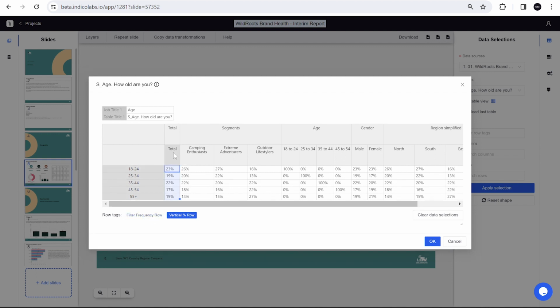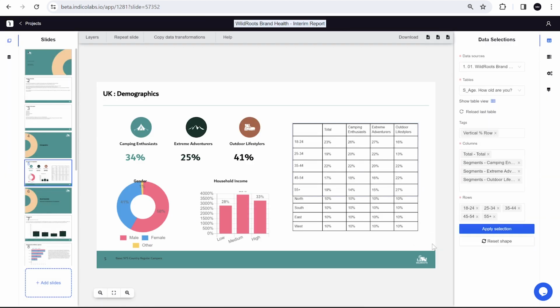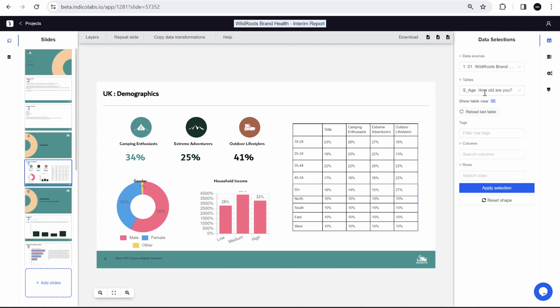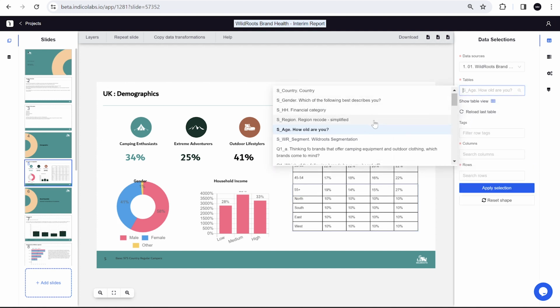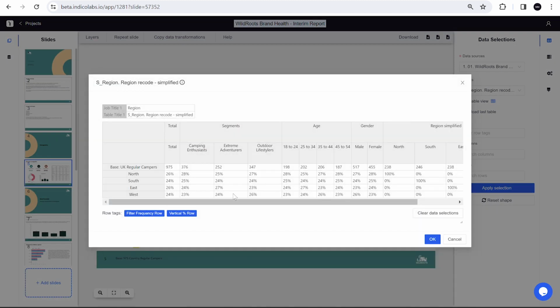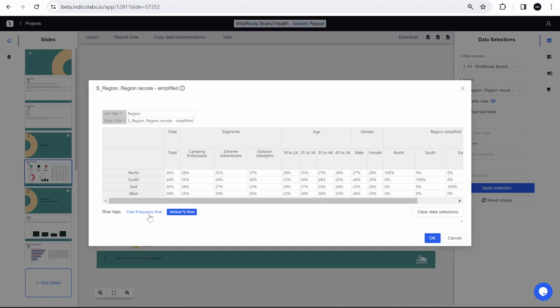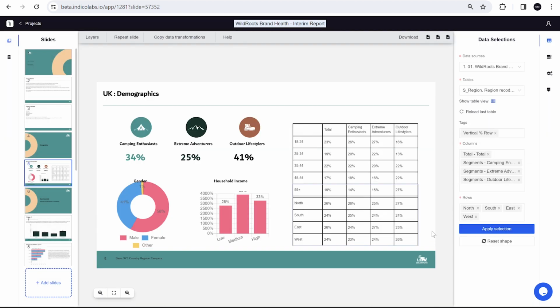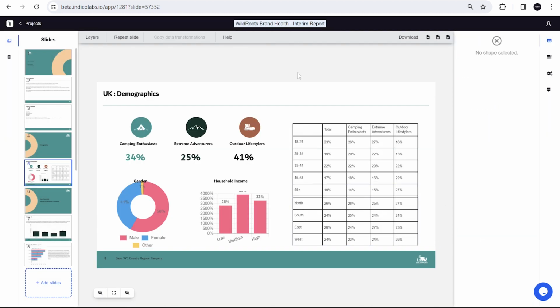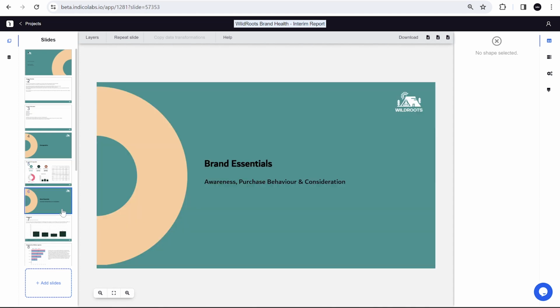We're now going to pick total camping enthusiasts, extreme adventurers, and outdoor lifestylers and hit OK. Then we click on the table below, and this time we want region, and we're going to do exactly the same thing. Filter frequency rows, select total camping enthusiasts and extreme adventurers and outdoor lifestylers. Click OK. So that slide is now ready. Heading down to the brand essentials,